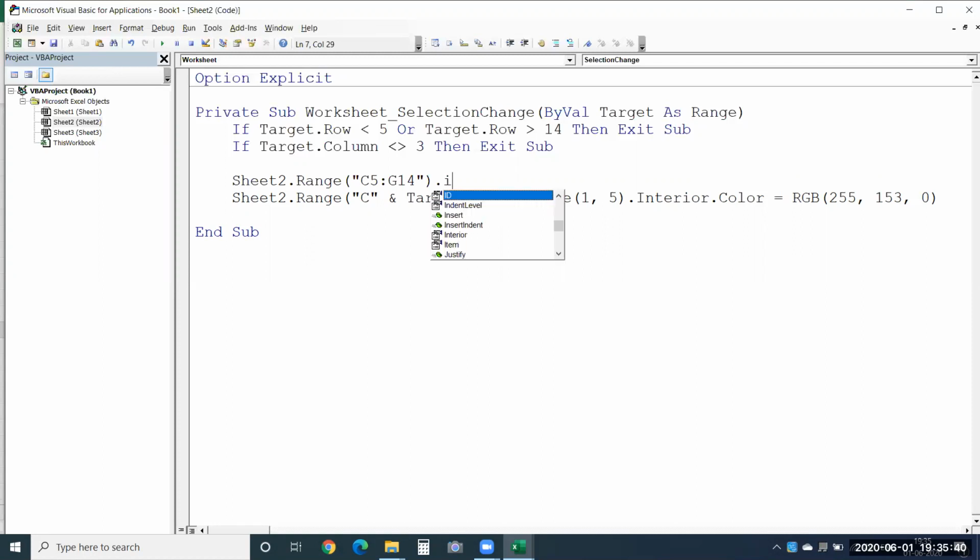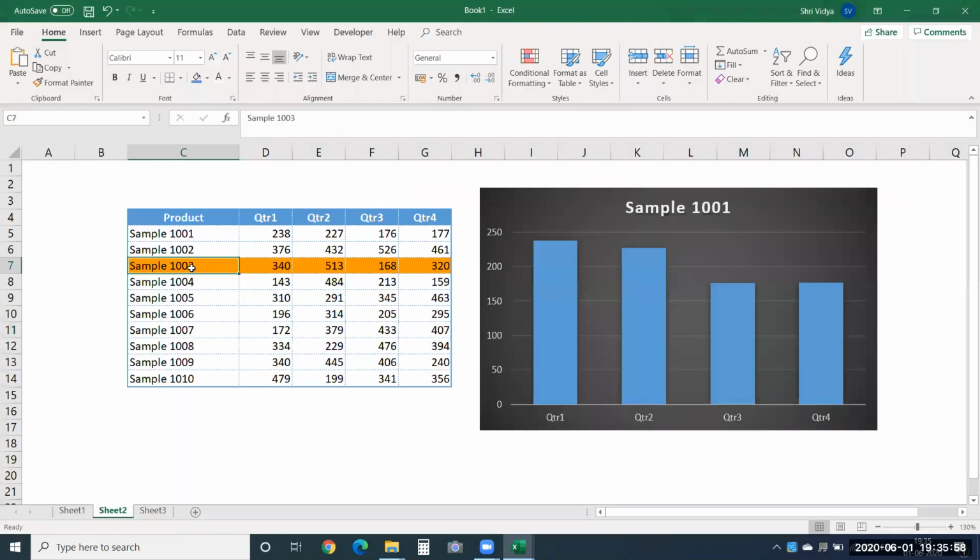I'll make the interior color, see interior RGB, I'll make it white. Or you could also say Excel none. So no fill. This is same as no fill. It will remove the color that was applied previously and reapply only on the product that I choose, only on the row where the product that I have selected.